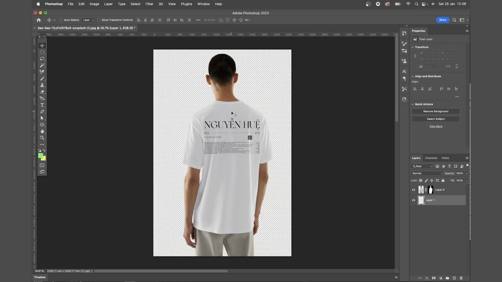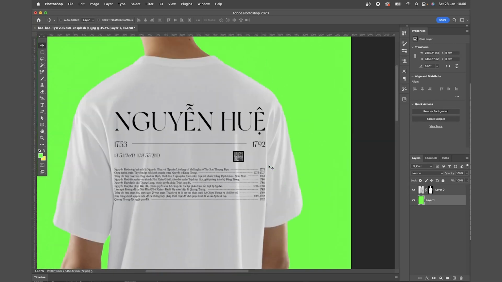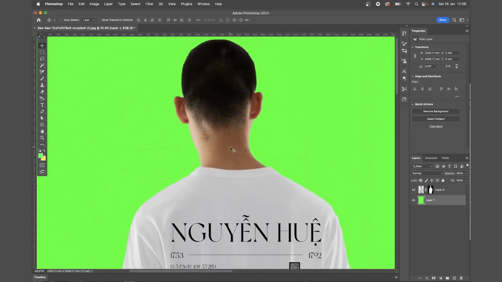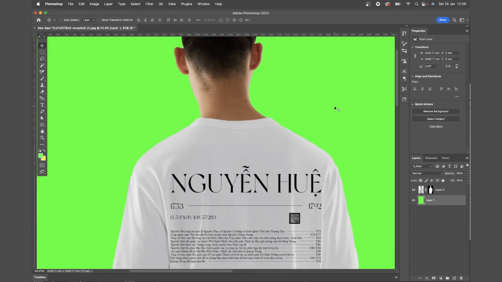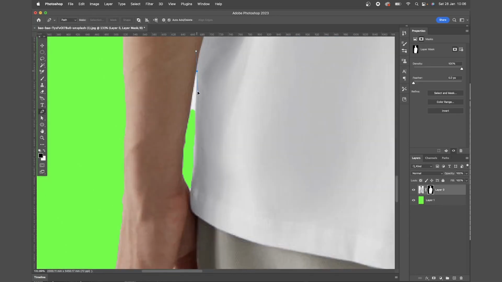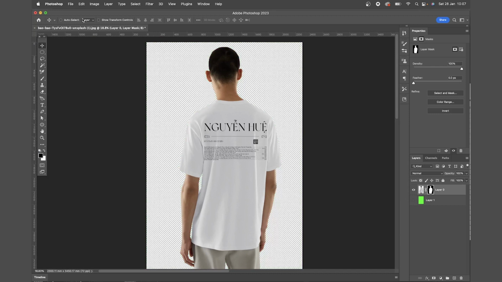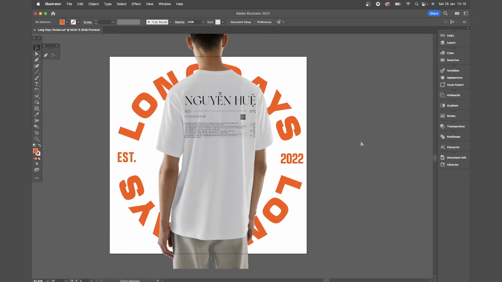So I'm just going to drop a coloured background in to see how clean it is. And if we zoom in, you can see it's not quite perfect, but it does a pretty good job for how fast it is, even looking at the hair, which can normally be tricky. Now I do see a couple of bits that it hasn't quite got, so I'm going to come in with the pen tool and mask them off manually. I can then save that as a PNG with a clear background, or drag it into Illustrator to create layered